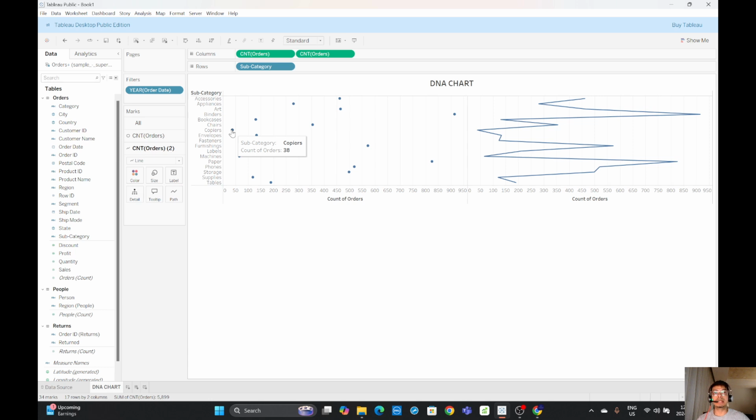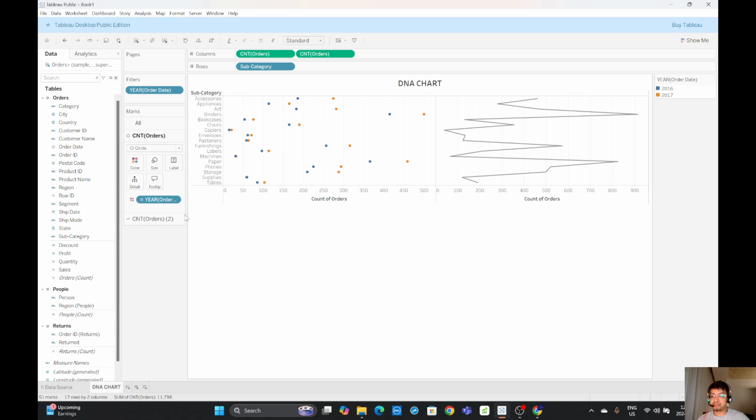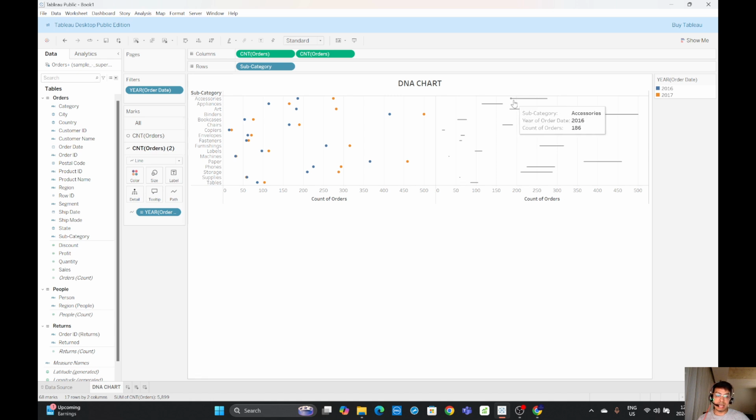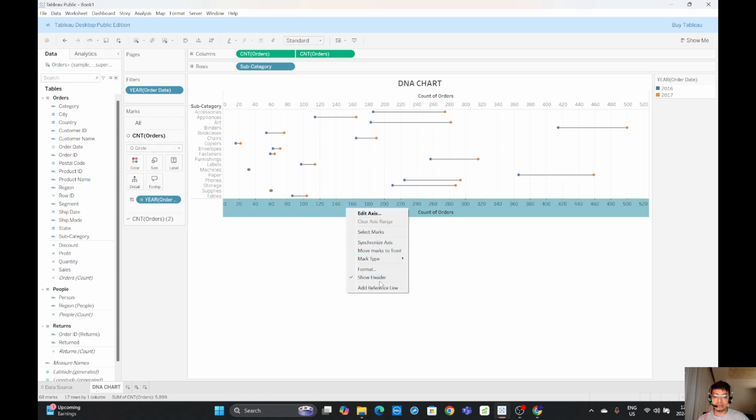So we can have a Dumbbell chart that compares the data, right? To do that, we just drag order date to colors. Now it splits the data into two. And we are going to do the same thing for the line chart. As of now, we have not given any instructions, so it shows a zigzag line. But as soon as we give a particular path, it's going to show us the comparison between 2 years. So as you can see, the zigzag has changed into a proper line graph, and it shows a comparison between 16 and 17. Now to develop a Dumbbell chart, we just do a drop down and convert to a dual axis chart. Let's synchronize the axis,